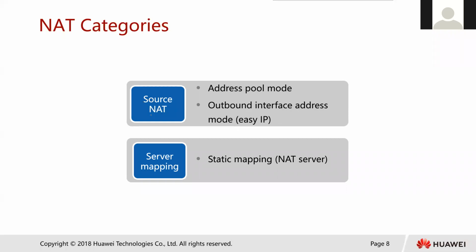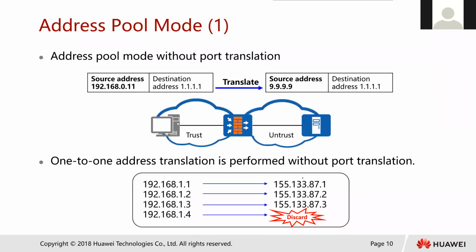And for the source NAT, we use the address pool or the outbound interface. And for destination NAT, we use the NAT server. As for source NAT, so what is source NAT? There are some different modes about the address pool. Address pool means that you can see there was a source address